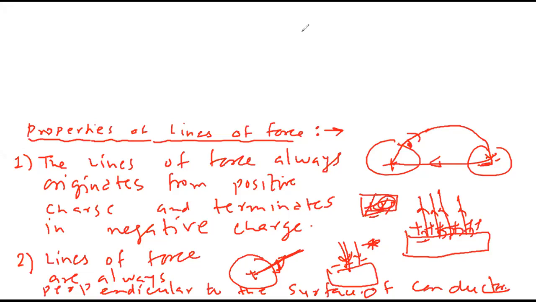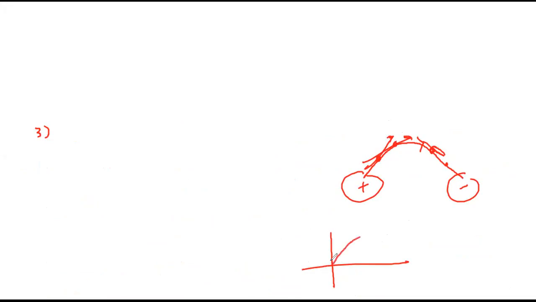Done? Yes, sir. Third point. Suppose this is positive charge, this is negative charge. Lines of force are starting and terminating. At a particular point, if we want the direction of the field, then we draw a tangent. Projectile motion में also we did. When you throw the body obliquely in air, उस point पे direction के लिए tangent चाहिए. So third point,